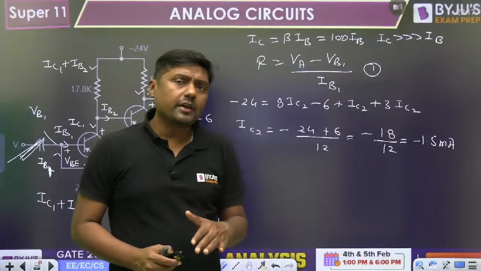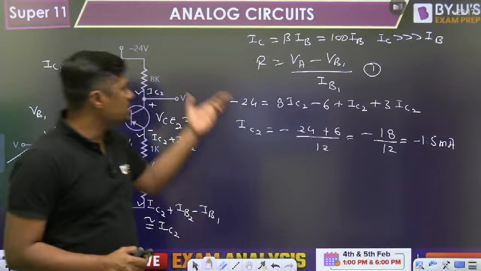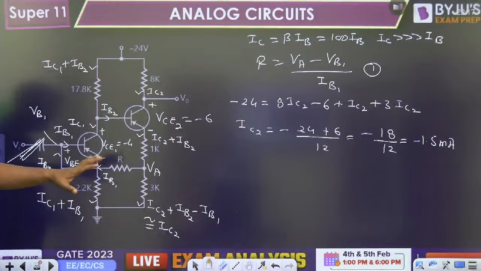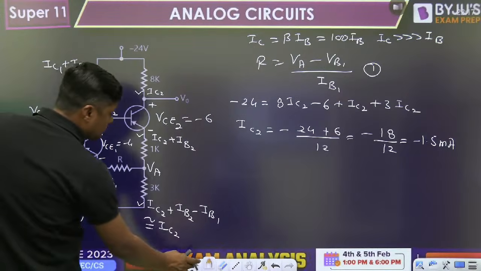Why are we getting the minus? Because it is a PNP transistor. The direction we have chosen is the wrong direction. No problem. Minus means it is in the upward direction. Once you get this value,